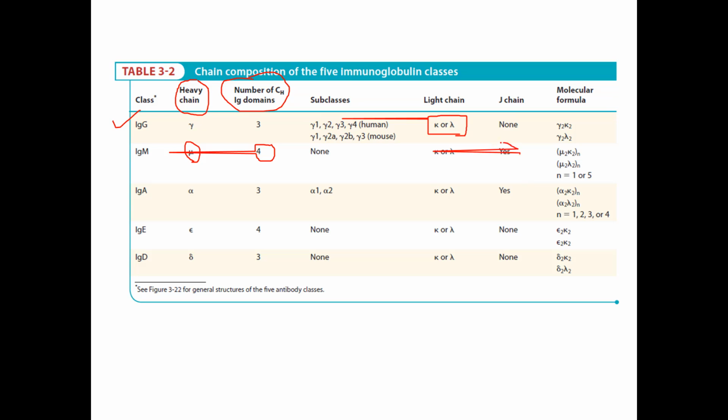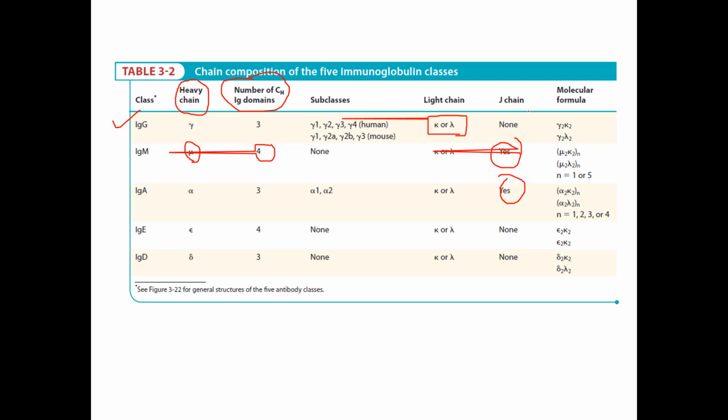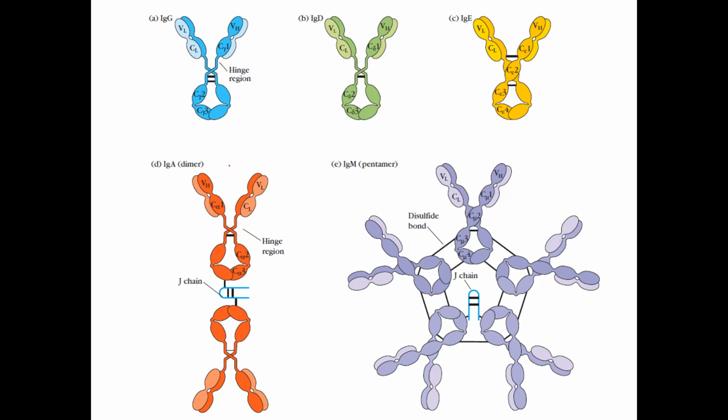These are present in IgM as well as IgA antibodies only. And why are they present? Because IgG, D and E do not consist of a joining chain, they exist as monomeric form only. But IgM and IgA, as they consist of a joining chain,